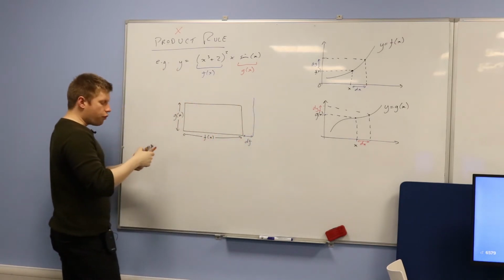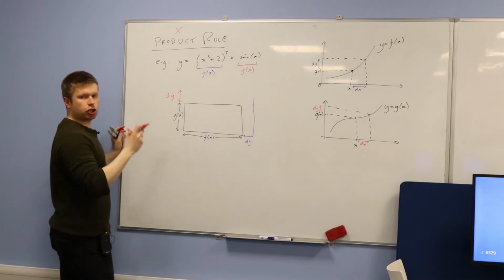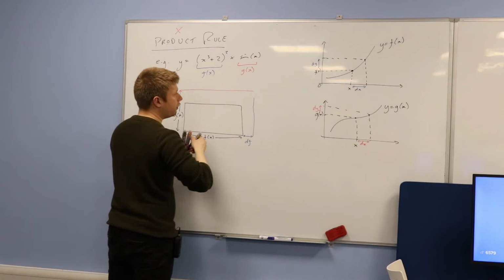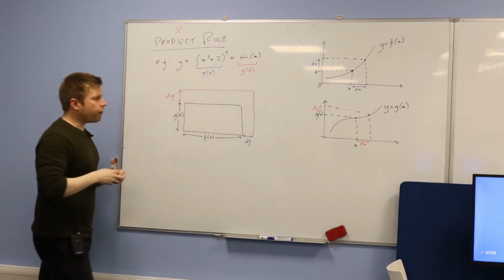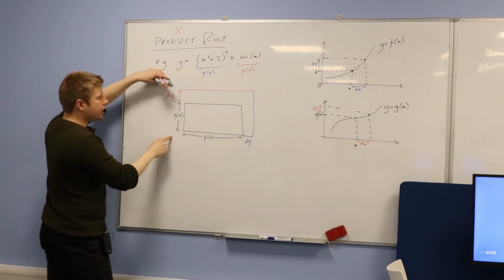And I'm then going to consider a really, really small change in the g direction as well, okay? So that's going to be my dg, if you like, my change in my g direction. And hence I get this. Let me just tie that up a little bit. So effectively, when I change each of the functions, so I change f and I change g,